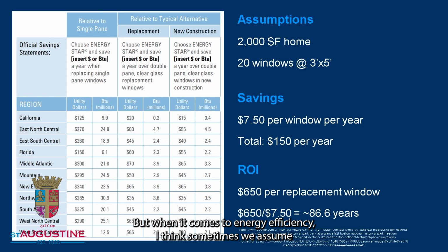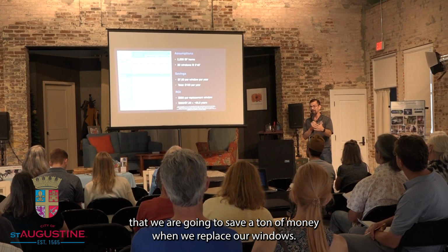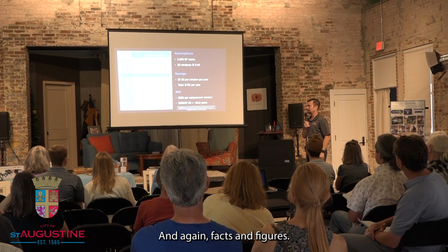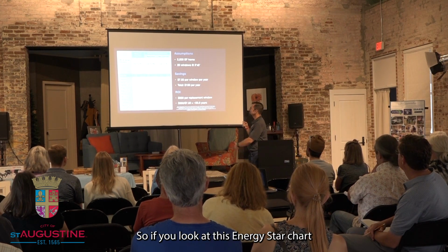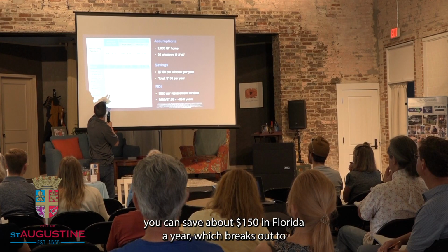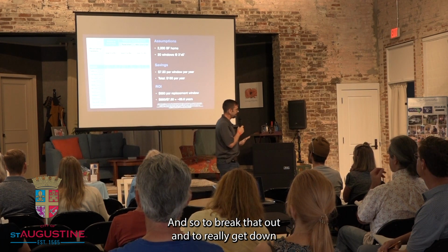But when it comes to energy efficiency, I think sometimes we assume that we are going to save a ton of money when we replace our windows. I think that's the assumption that we make. And again, facts and figures. So if you look at this Energy Star chart and you look up Florida, you see that you can save about $150 in Florida a year, which breaks out to,